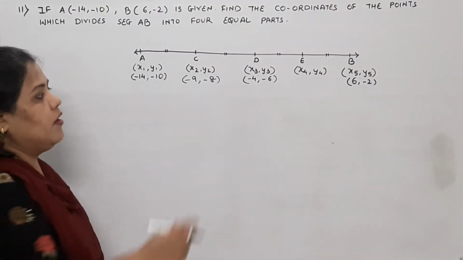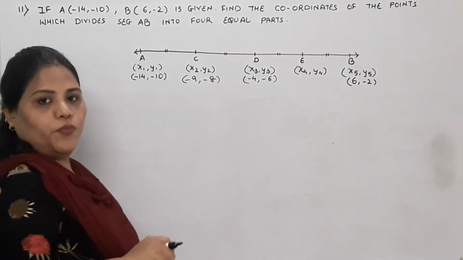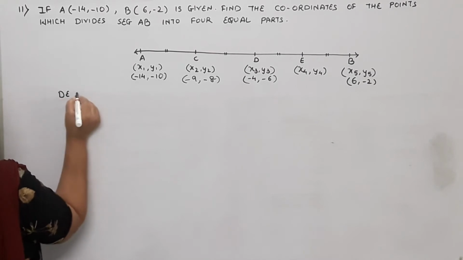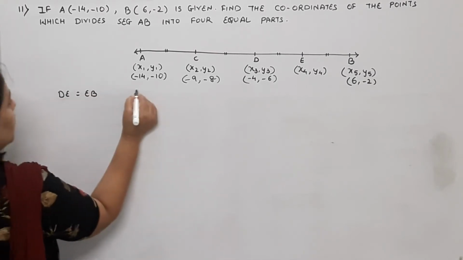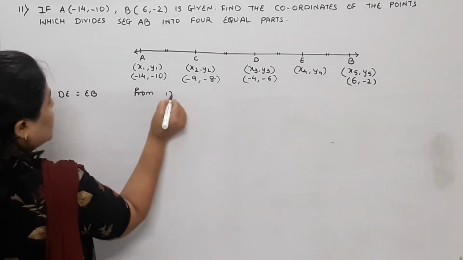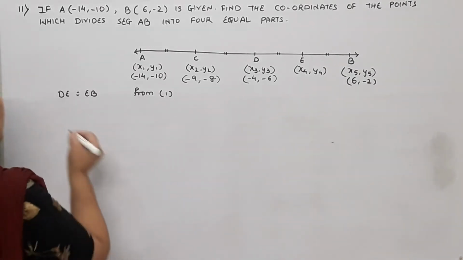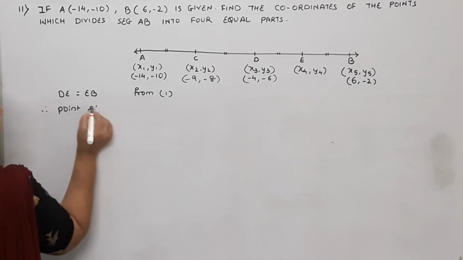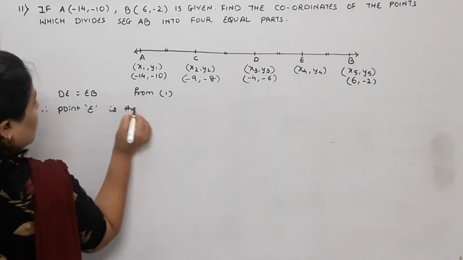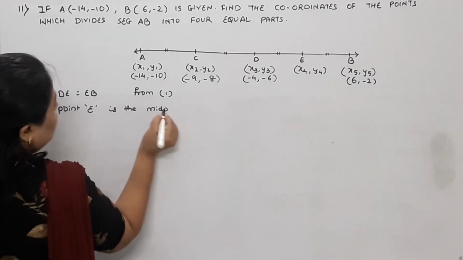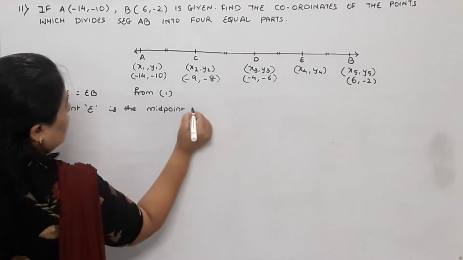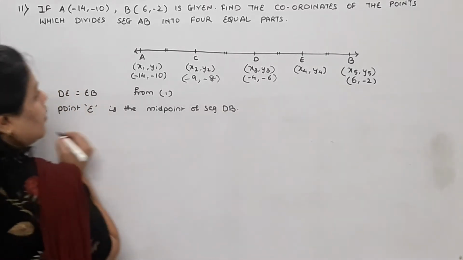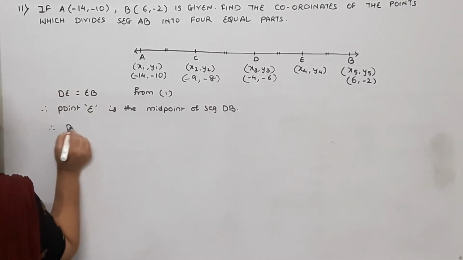Now see how to calculate the coordinates of point E. Here we will write DE equals EB, again from equation 1. Therefore, point E is the midpoint of seg DB. Therefore, by the midpoint formula,